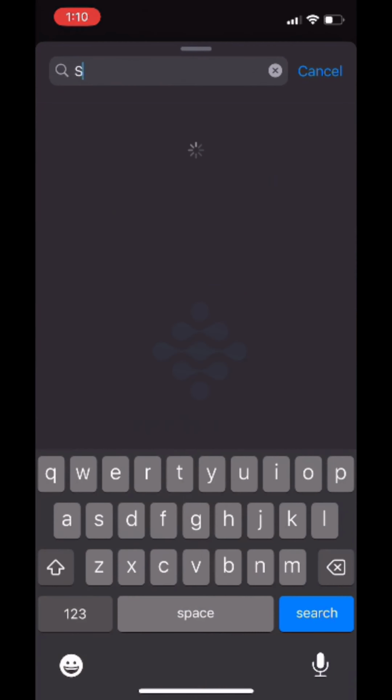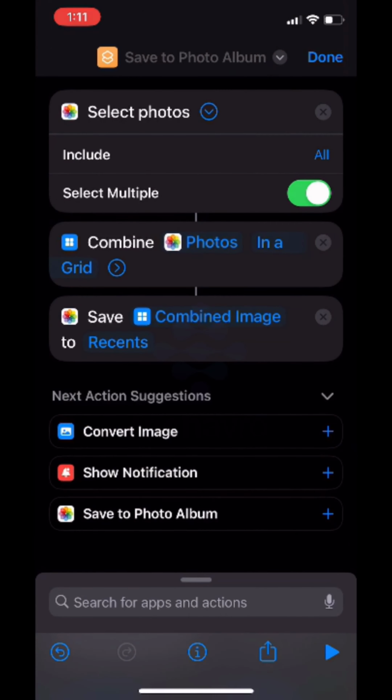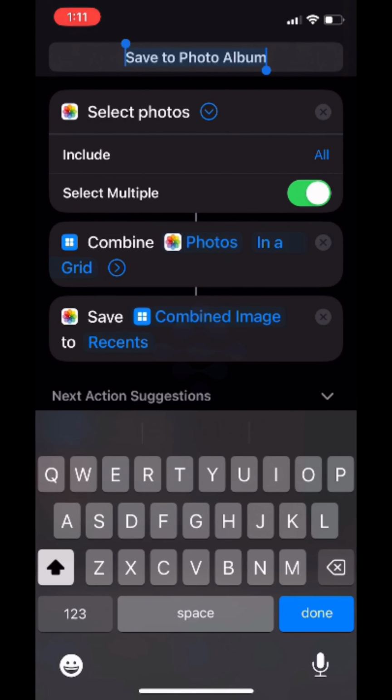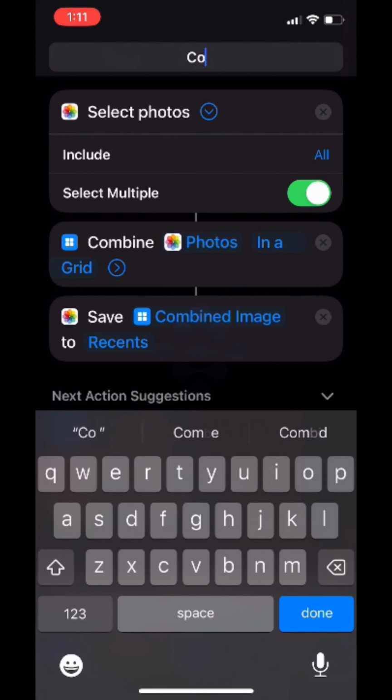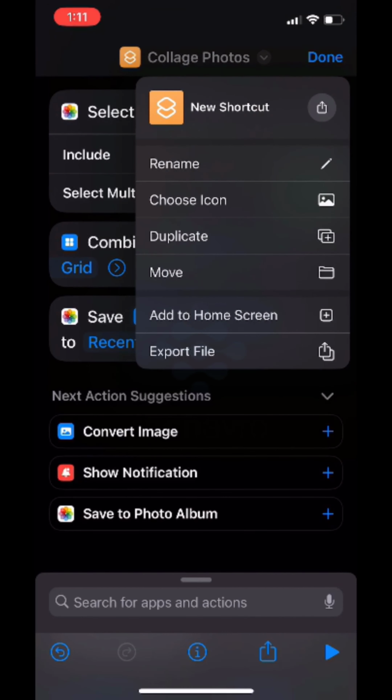Then again on the search bar type save photos, and then you have to on the top middle save to photo album, tap on that for rename it. So tap rename. So I'm going to rename it as collage photos, and then tap on the collage photos again and then tap